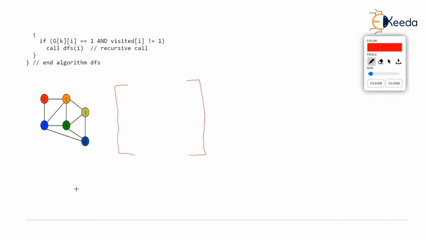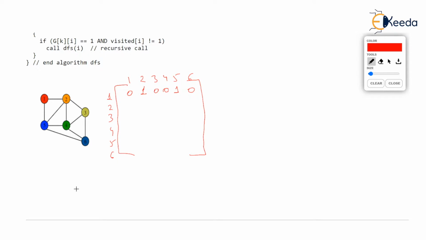It will have 6 rows and 6 columns, as there are 6 vertices. The elements will be: 1 is not adjacent to 1, as there is no edge from 1 to 1. 1 is adjacent to 2, so we will store 1 here, and similarly the other elements will be 0, 0, 1, 0.